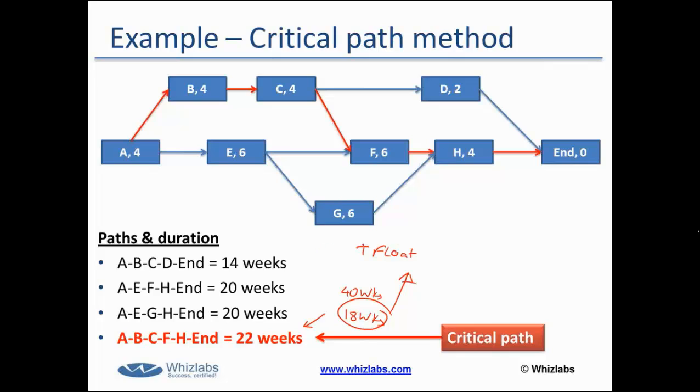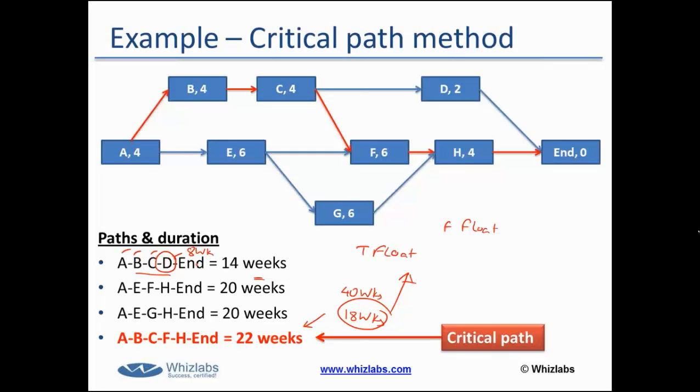And then we have another concept of free float. What is this? Free float is the amount of time by which you can delay one activity without delaying the entire project or the immediate next activity. For example, the duration of A, B, C, D, end is 14 weeks. A, B, and C are on the critical path anyway. I cannot delay them. But if I delay activity D by, let's say, up to 8 weeks, what